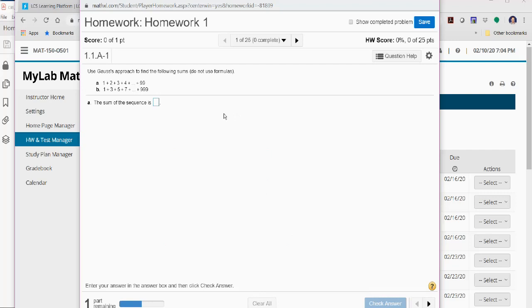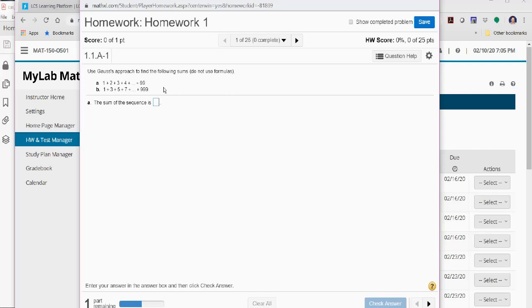And so you'll add them twice. So if I take 1 plus 2 plus 3 all the way up to 99, and then I turn it around, I'd get 99 plus 98 plus 97, all the way up to 1. And so each of those sums is going to be 100. So I'm going to get 100 99 times, and that's when I've added all the numbers together twice, once forward and once backwards. So 99 times 100 is